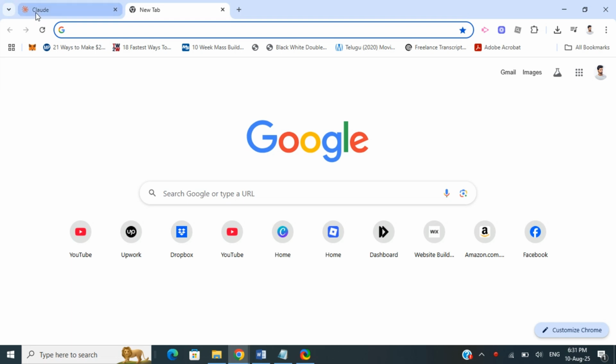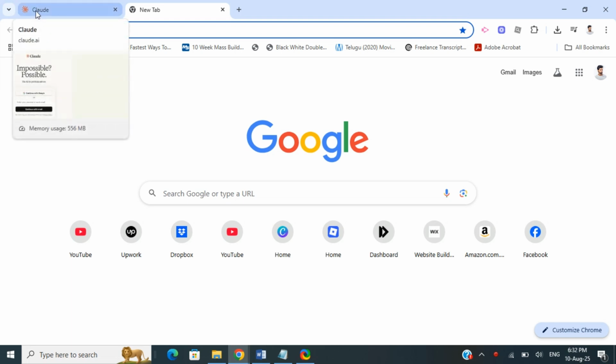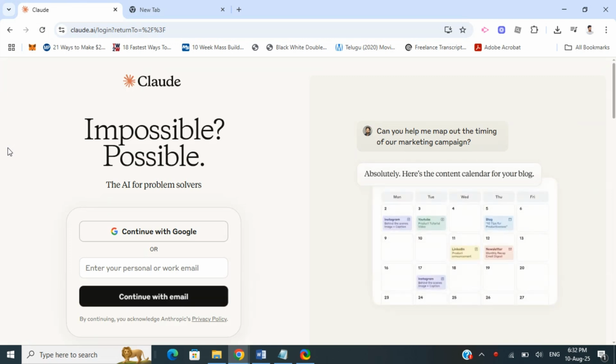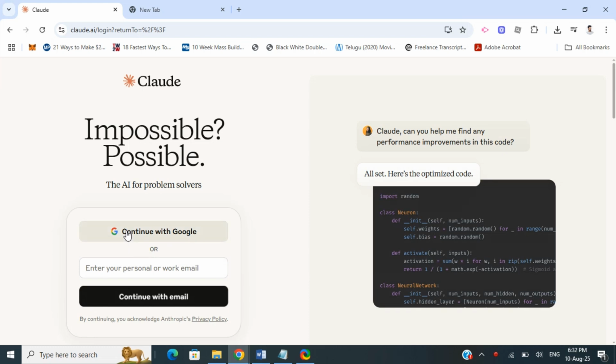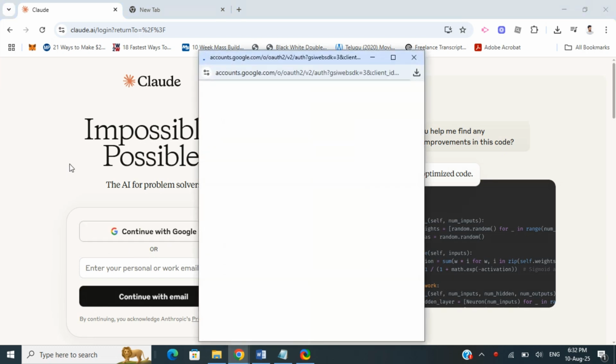Hello everyone, today in this video I'm going to show you how to summarize a PDF with Claude AI. So firstly, open up Claude AI, go to the official website, and then you can log into your account. So I'm just going to log into my account, and then once you've logged into your Claude AI account,